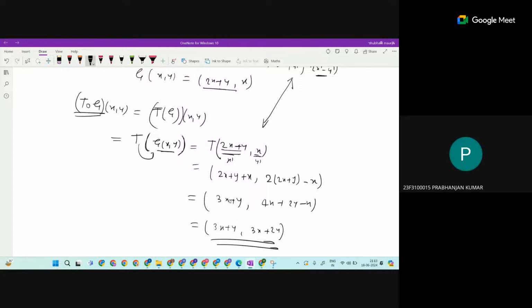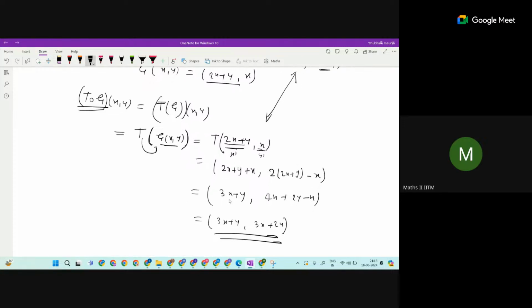And the inverse of this will be the same. I mean, the same process we can do for the inverse. In place of writing G, just write T inverse. So this is the composition, but one interesting thing is there. What is interesting is that, suppose